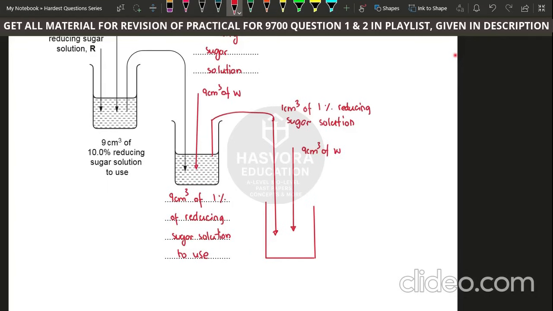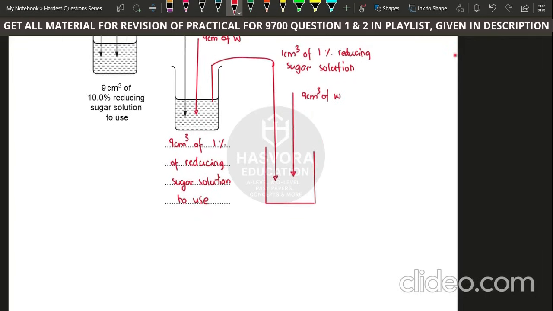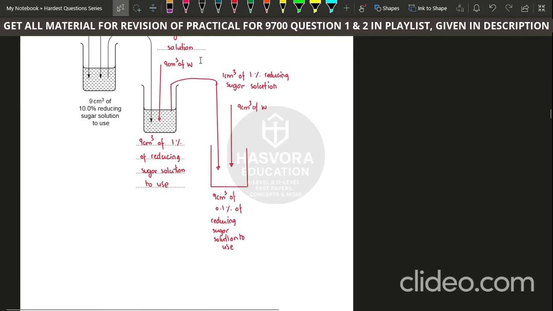Okay, and then once again you have to write below this what is the concentration that you have now. So it will be 9 cm cube of how much? This time you will have 0.1% reducing sugar solution to use. Okay, so let's just copy this again. Let me just copy this. Okay, so let's just copy this